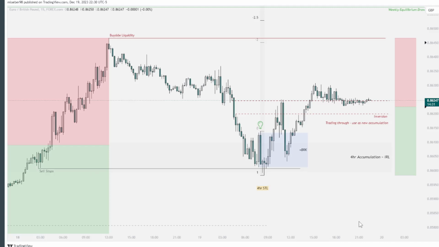Now, if price wants to reverse away from me, that is completely fine and negate our market maker buy model on our higher time frame draw because it is CPI at 2 in the morning, so this could go south. But I want you guys to see what goes through my mind before the actual draw on liquidity is met rather than you just seeing hindsight. So I figured that it would be beneficial for me to upload this type of video, even if it's correct or if it's wrong, just so that